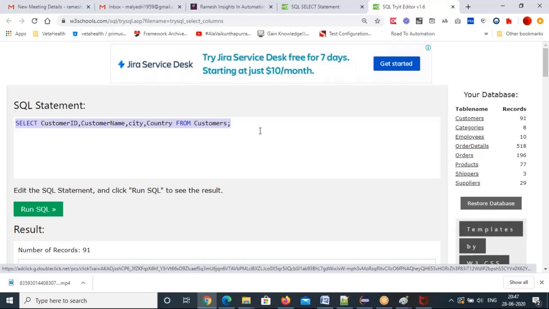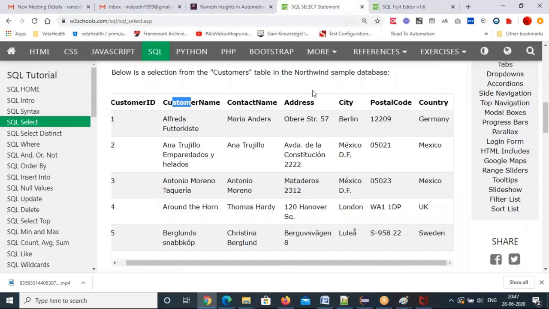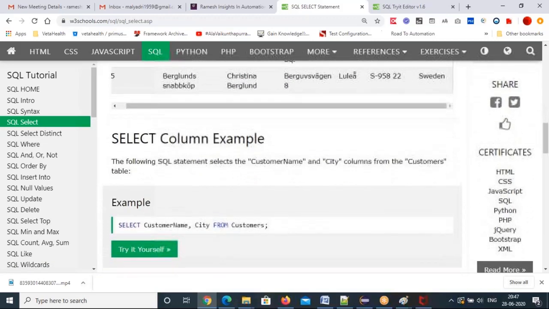Okay, so let's see some other queries. Any questions here before going to the next? I have written a very simple select statement here, but I didn't write any where clause. We'll apply the where clause also. That is very important. You can filter data with a where clause and operators. Okay, next one. First select I have shown you. Is it clear or any doubts?